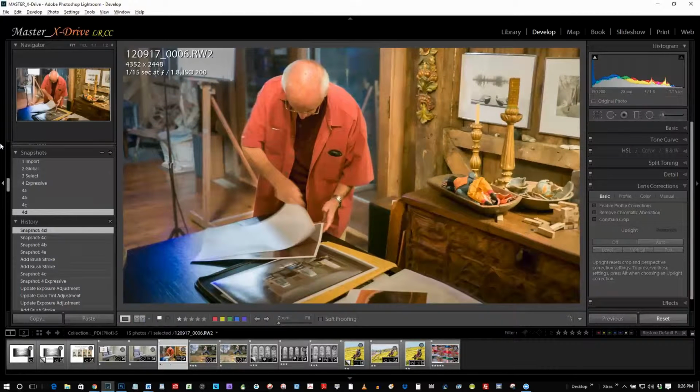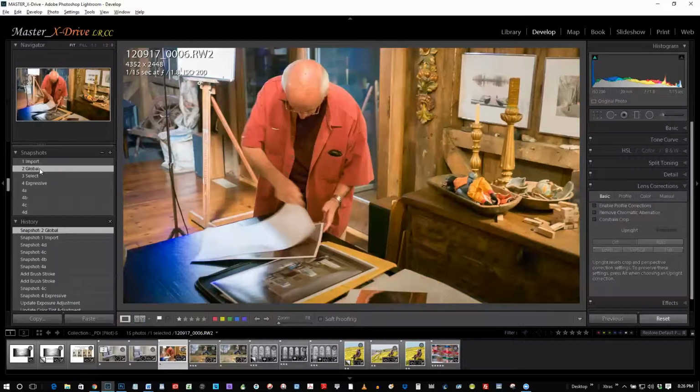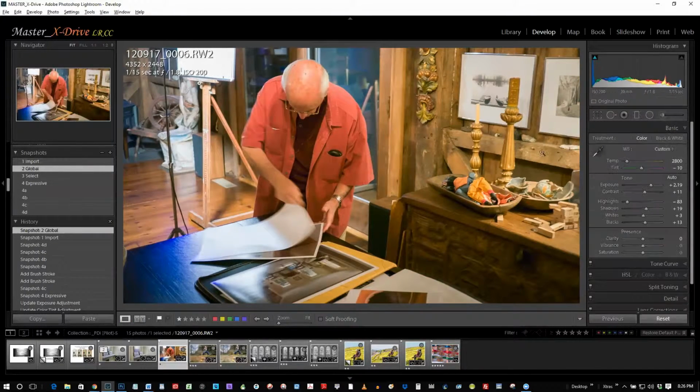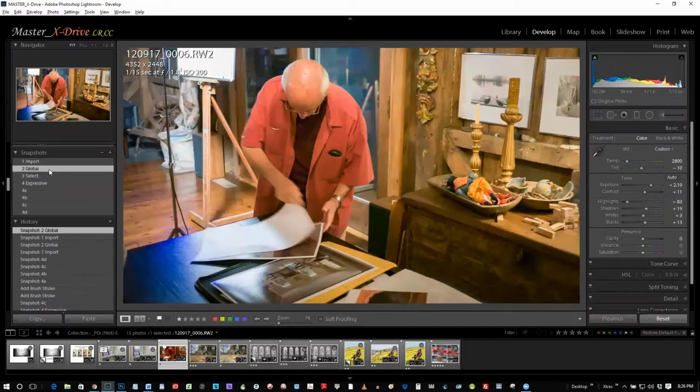I'm going to show you this. On import, it looked like this. Global, we did a white balance. We did a basic overall exposure. And you can see the white balance changed drastically from daylight, which is 51 plus 17, to 2800, which is,